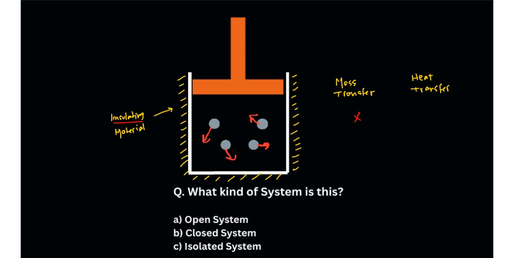Now, what is the system here, first of all? First, you have to decide the system. So, if you are studying the particles, this becomes our system. So, you take an imaginary boundary across these particles. I want to study the behavior of the particles, how the particles are behaving. So, this becomes our system. We took up the boundary, and inside the boundary is our system. And everything outside the boundary, including the piston, insulating material, everything is surrounding,